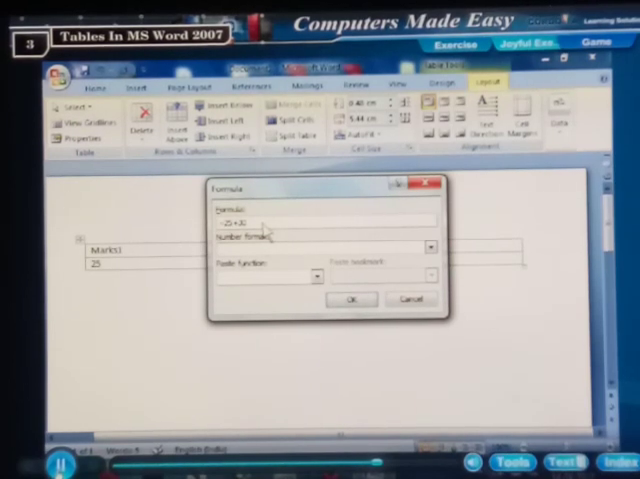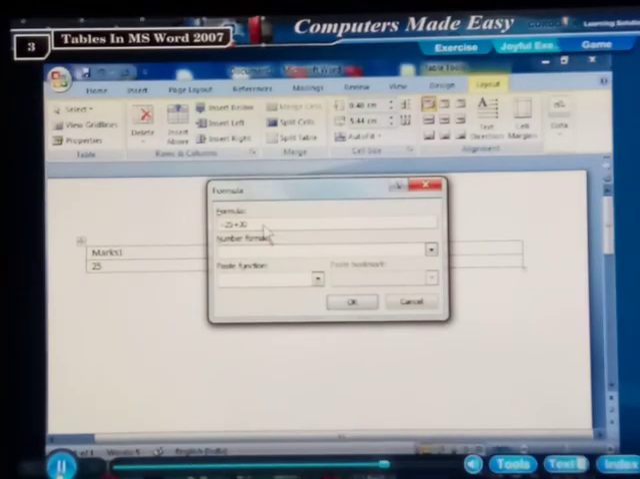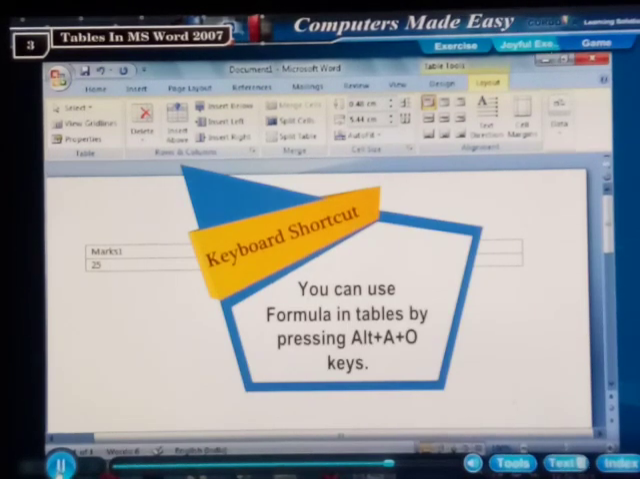For example, equal to 25 plus 30. Step 5. Select the number format in which you want the result to be displayed and click OK button. In this case, the result 55 will be displayed. You can use formula in tables by pressing Alt plus A plus O keys. Borders and